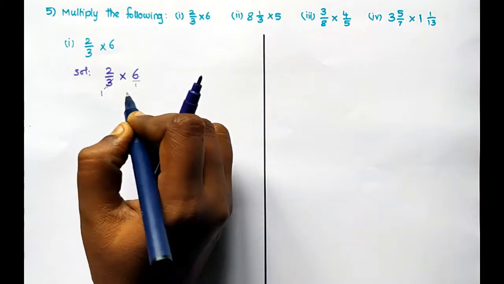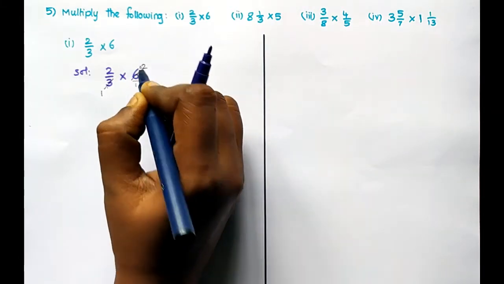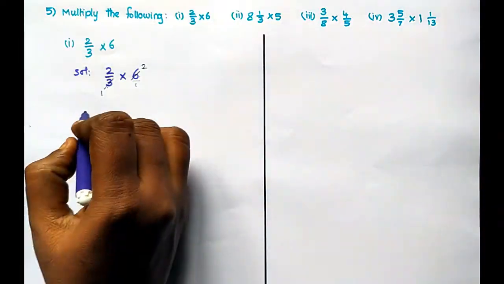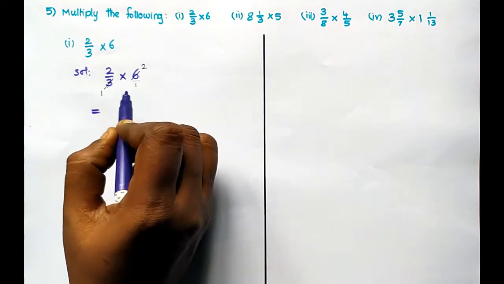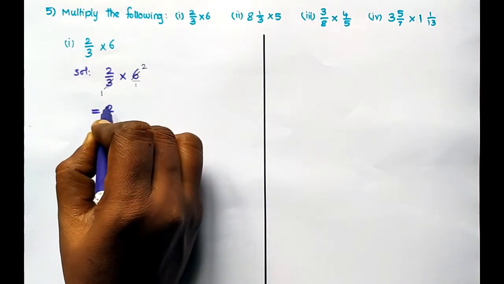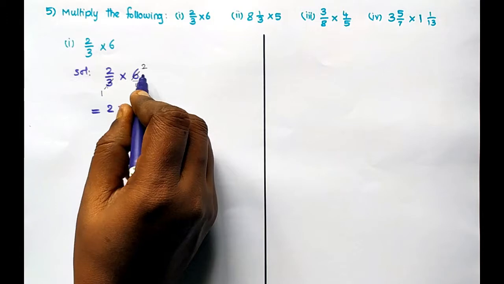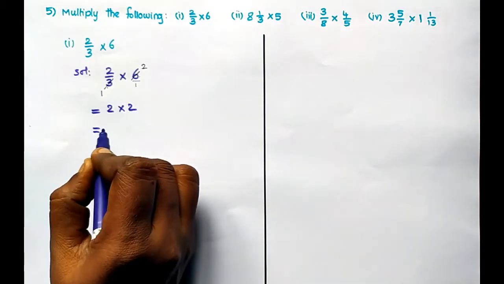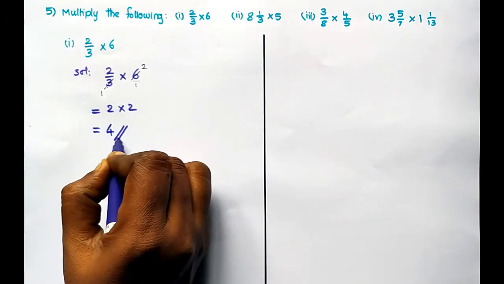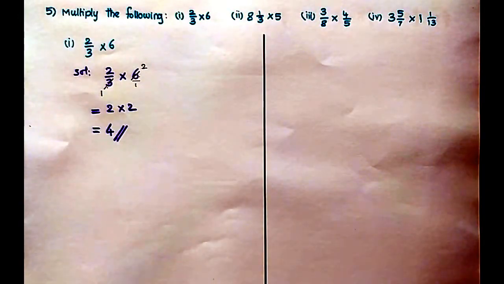3 1s are 3, 3 2s are 6. Write the remaining number. 2 by 1, 2. Here also 2 by 1, 2. So the answer is 4. Next one,